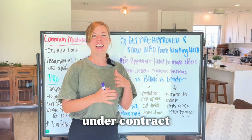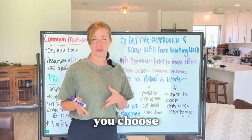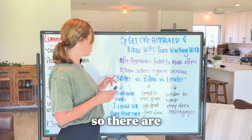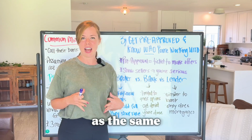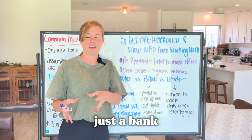under contract. Now, not all lenders are the same, and the kind of lender that you choose can make a huge difference in your experience and your stress level. So here are the different types of lenders. There is either a mortgage broker, a bank, or a direct lender. Now, a bank and a direct lender, think of it as the same thing. A direct lender is pretty much just a bank that only does